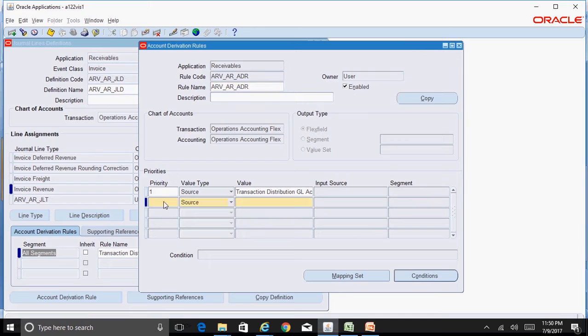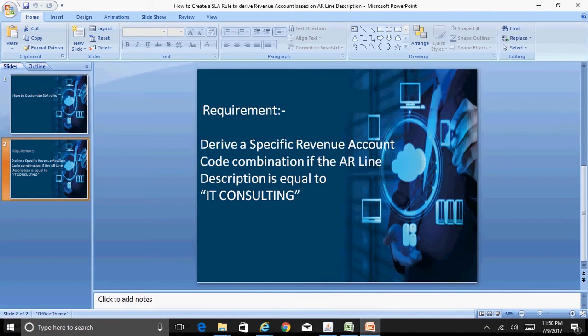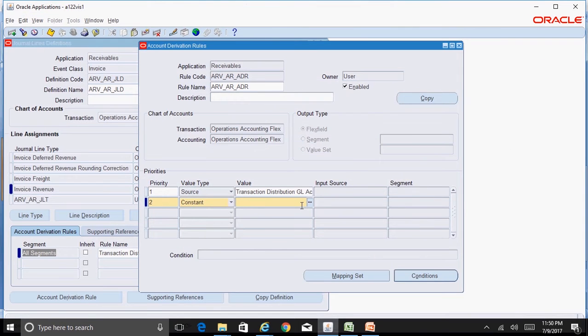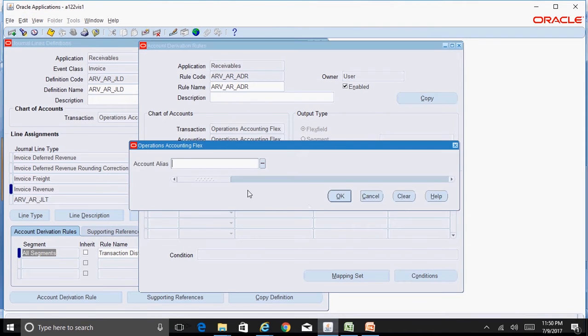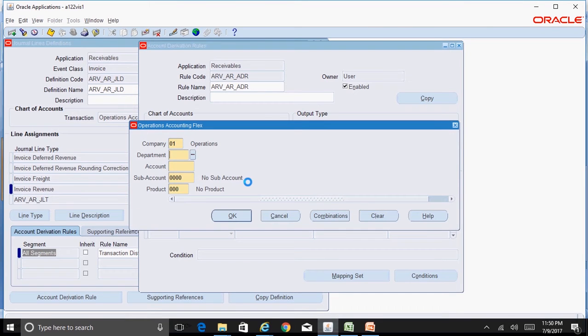Now create another priority, which is priority 2. Put a constant and you can give a specific account code combination, because our objective is to derive a specific revenue account code combination if the AR line description is equal to IT consulting. So you can specify a specific account code combination, maybe 01.